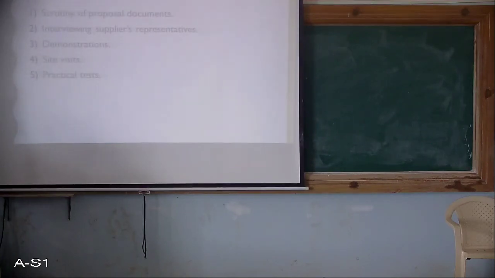Okay, first one is scrutiny of a proposal document. You need to scrutinize the documents provided by the supplier, whether they are genuine, whether they are proper, and the amount quoted by him. What you have discussed orally will not work here. Oral conversation is not feasible, so you have to mention it in a legal agreement. That is nothing but a memorandum, an MOU, that you sign with both parties' signatures. That is scrutiny of the proposal document.